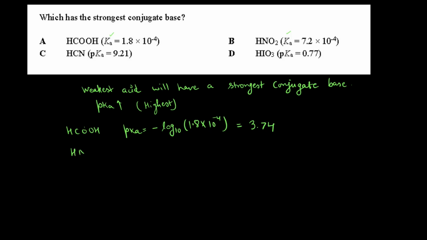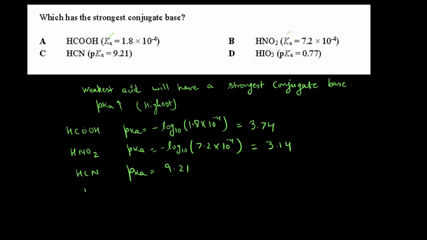Now for HNO2, pKa will be minus log to the base 10 in the same way, of 7.2 into 10 to the power minus 4, and it comes out to be 3.14. And for HCN, pK is already given,